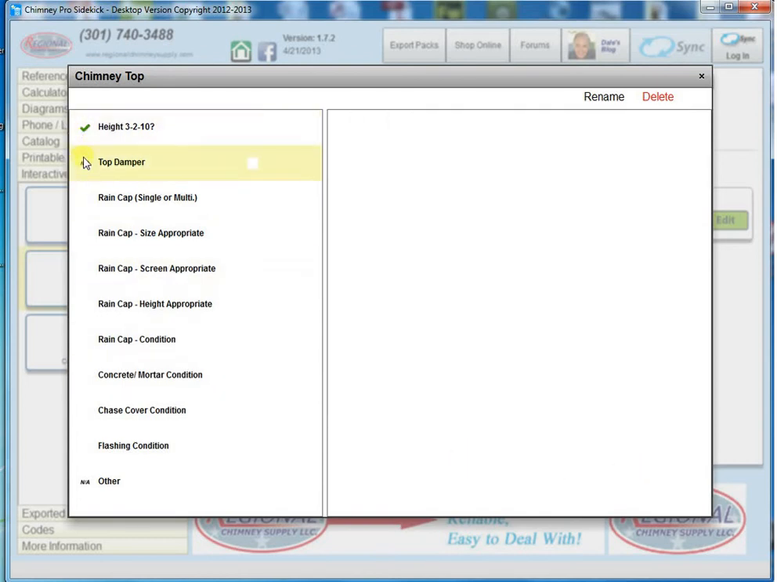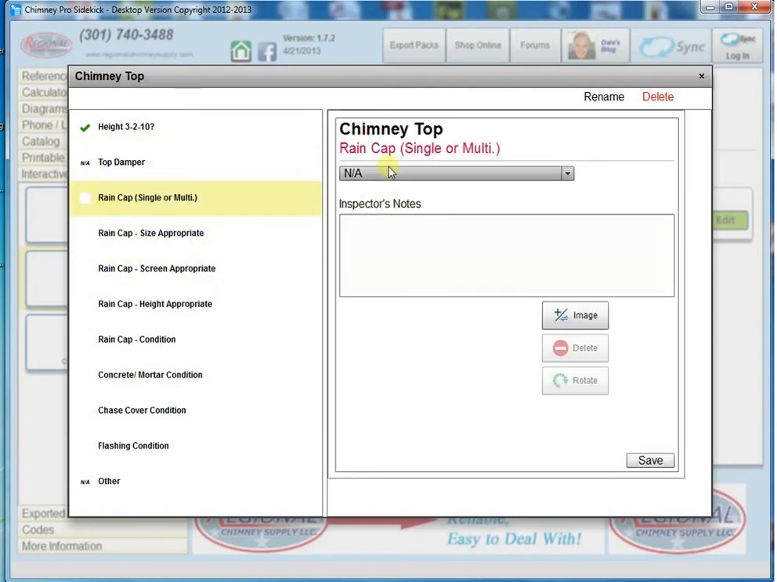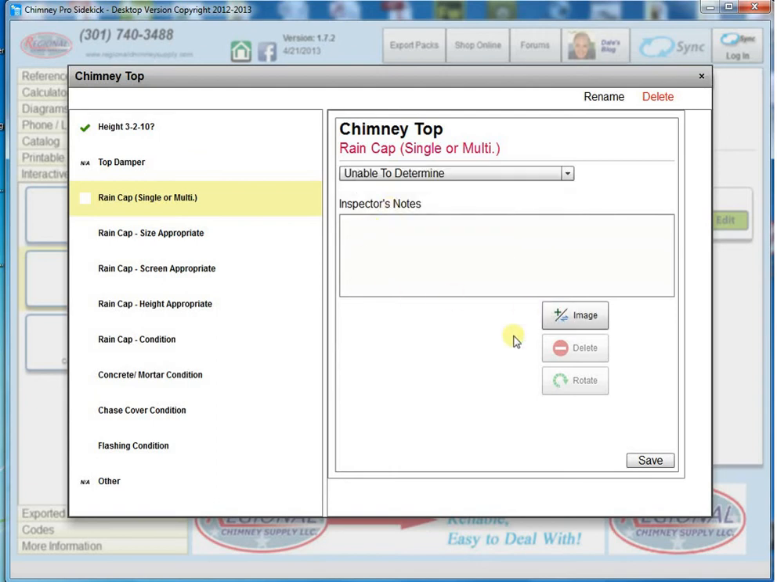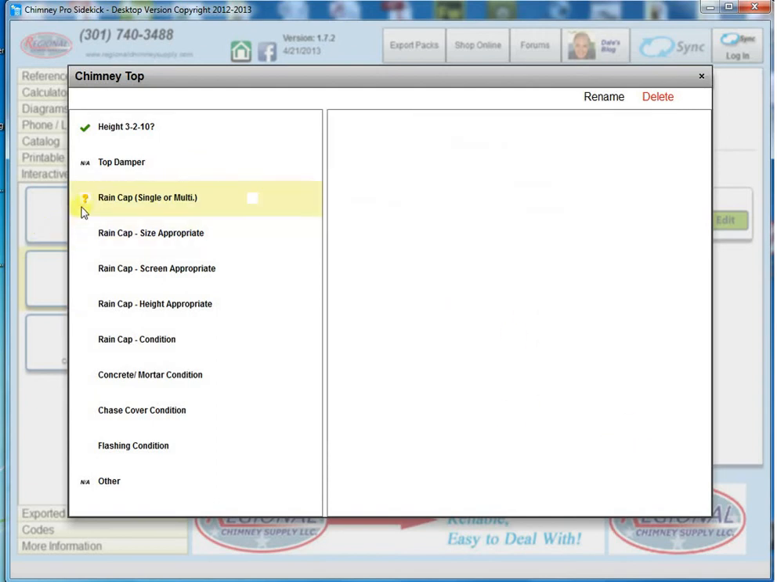And as you see here, it's putting in these little icons. A green check mark means it's okay, not applicable. Rain cap, we're going to go ahead and hit, even though it would be very easy to determine, just for example, we're going to put unable to determine. And we're going to hit save, and you'll see that it puts up a little yellow check mark